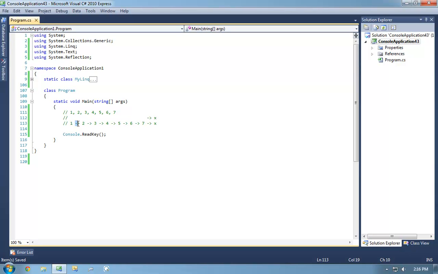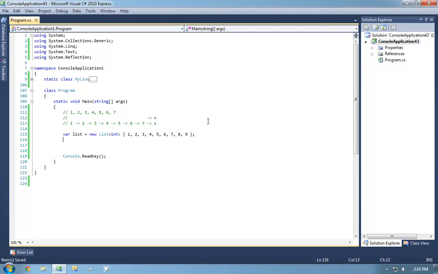Because every time you see this arrow, that's a function, and I'm saying the word function in the context of a functional function. Every one of those arrows is a function that takes in one item and the result from the previous invocation of that fold. So, for example, if we wanted to sum everything up. Now, I know that there is a LINQ function called sum, and we'll look it up later. But let's say we wanted to sum items in a collection. Okay, so here's our list, and we want to sum it.